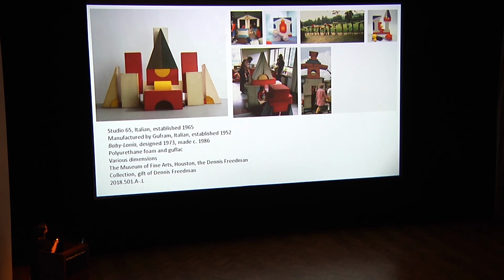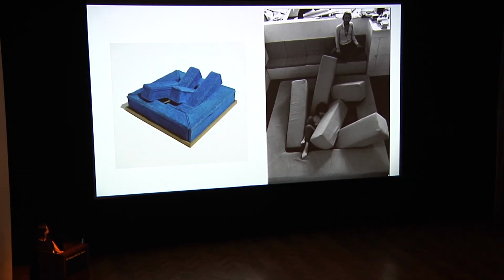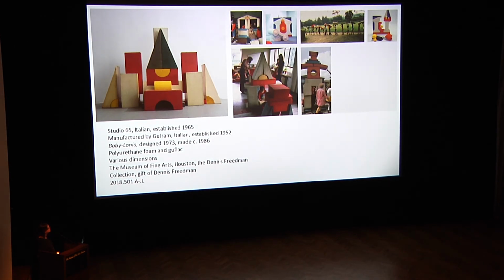in which, as you can see, you can configure it in many different ways. It can go outside, it can go inside. They talked to a child psychologist about what kind of creativity was needed for children to be inspired, and came up with this great design which largely found its way into schools and libraries. There's also a series of designs that you'll see in the exhibition, and this Babylonia is also one of them. We talk about sort of customizable design, in which you are a participant and can rearrange as suits your needs